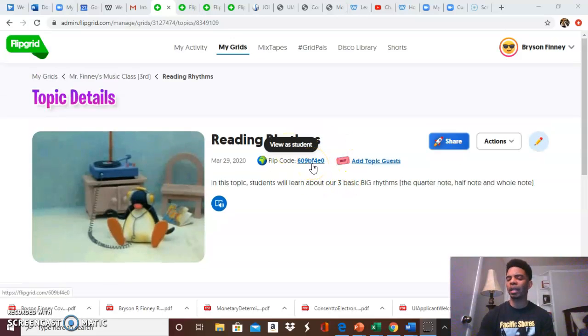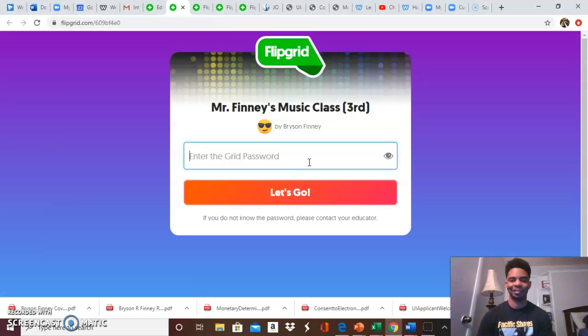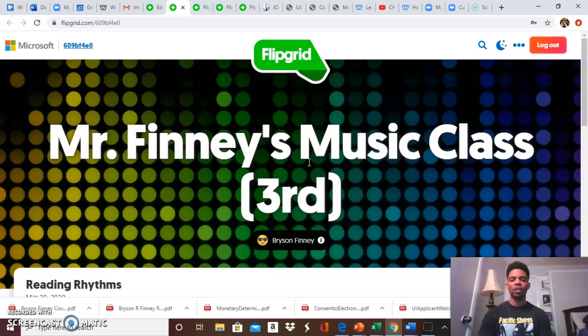Let's look at what it would look like for the student, and the way to do that. If you ever hover over flip code, wherever it is, it's going to pop up view as student. So this is what your students will see. Now we have a password. Let's go. Okay, so now that we're inside the student view, meaning when we send the link,